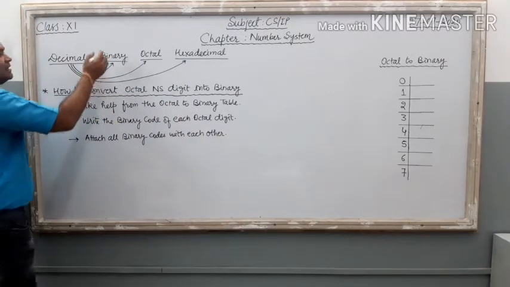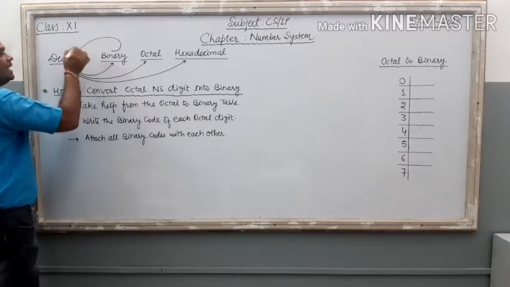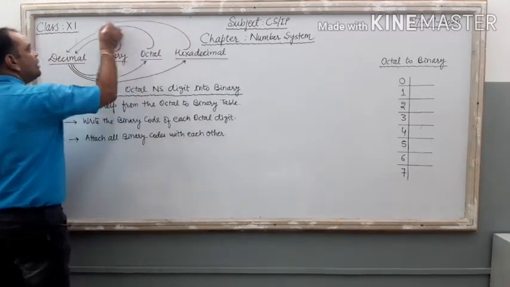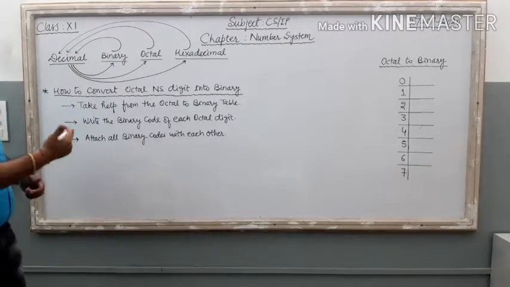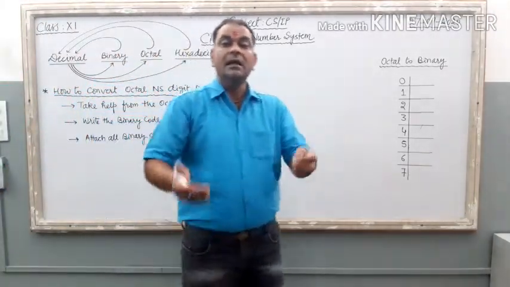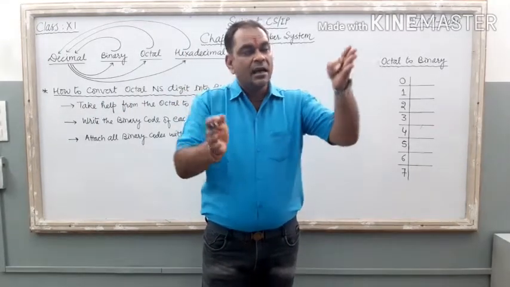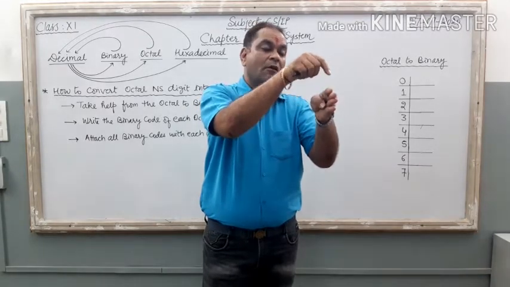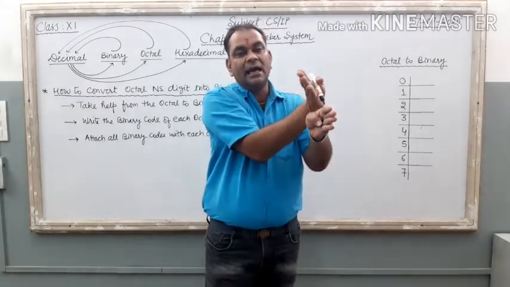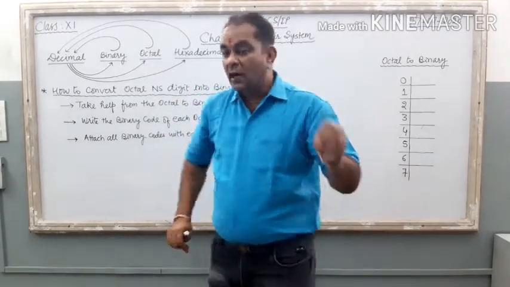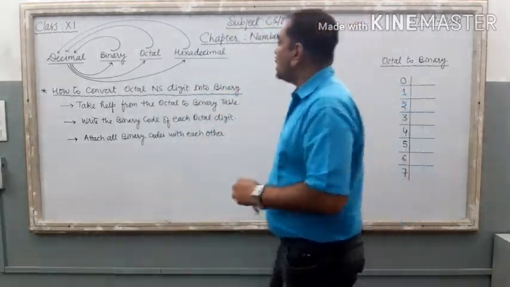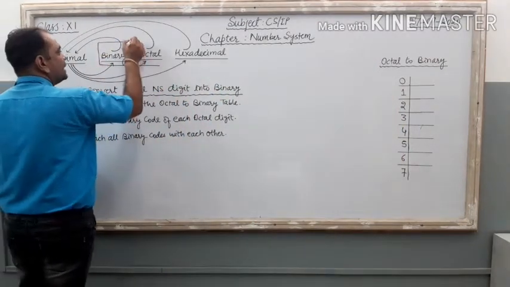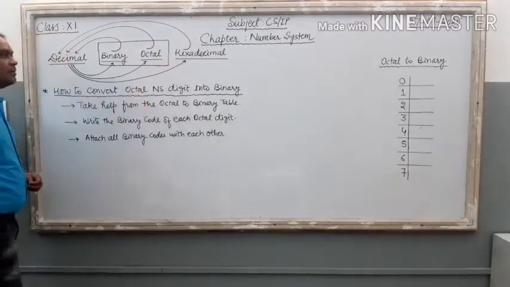So till now we completed converting the decimal number into others, and also the reverse side: how to convert binary into decimal, octal into decimal, and hexadecimal into decimal. For that we apply a method: expand the digits, come towards the rightmost digit, and multiply by the power of the base value, starting from 0 in increasing order. Clear? Now our today's topic is how to convert binary into octal, and octal into binary, right?